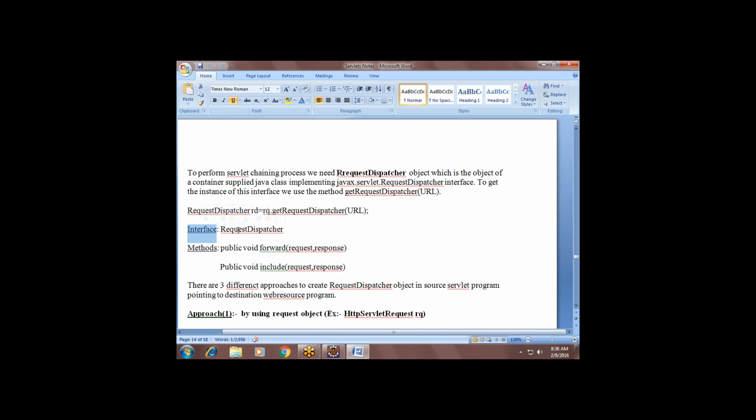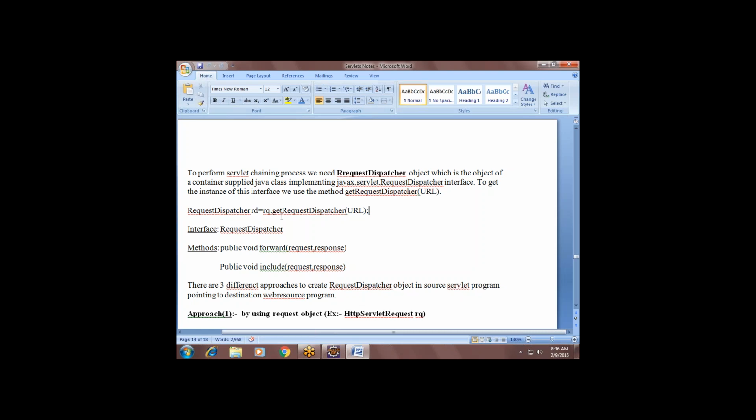Yes, it is an interface. Can you create an object for an interface? No. So how will we get the reference? This is the way. See, for the statement in JDBC, how did you get the reference? Statement is an interface. Did you create an object for Statement directly? How did you get the object for Statement, guys? Tell me the sentence. Statement equals to what did you do? con.createStatement.